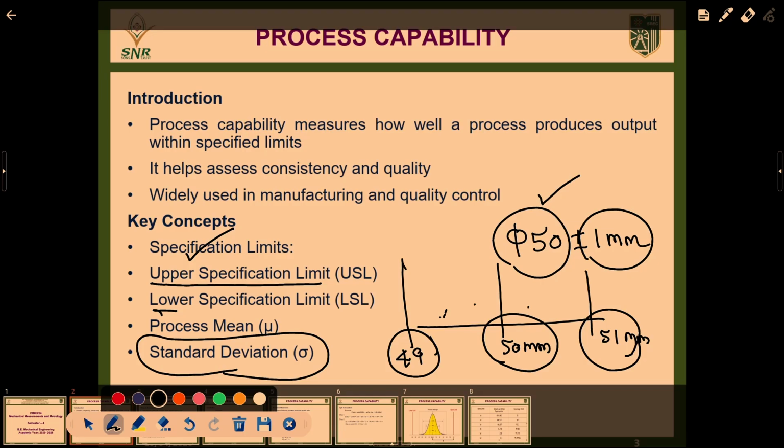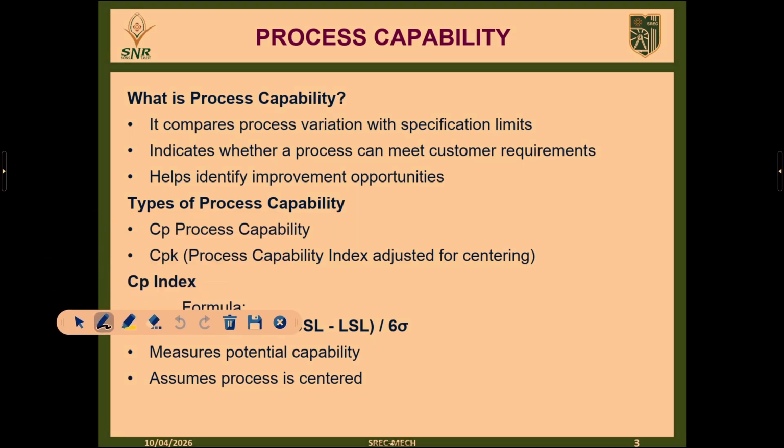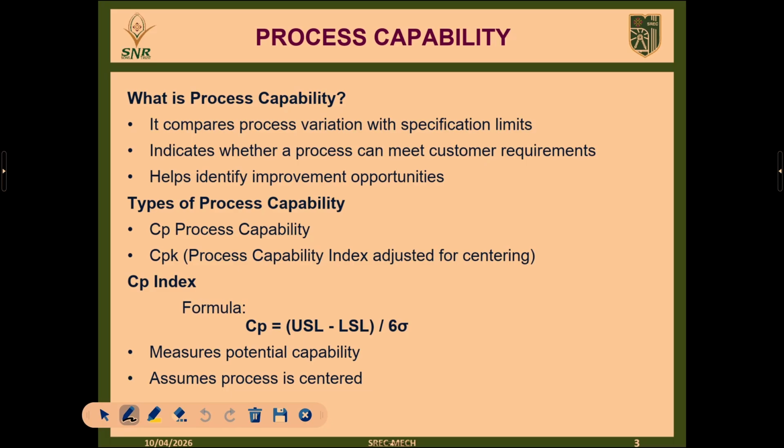So we can calculate the process capability. So what is a process capability that we have discussed so far? Process capability is a statistical process control technique where we are assessing the ability of the process to produce quality products as per the specification limit. Here two types of